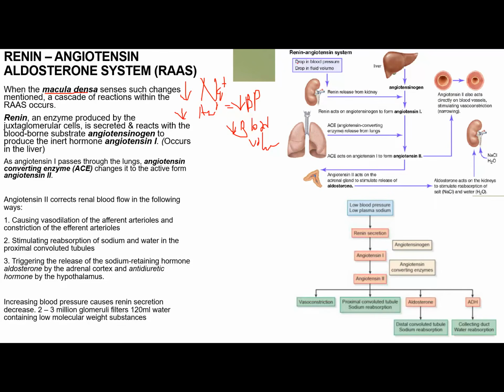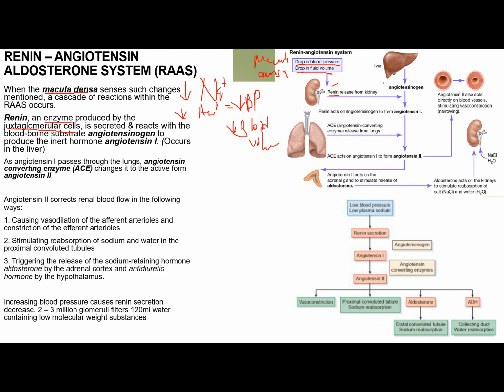So when your RAAS detects a drop in blood pressure and a drop in blood volume, this is detected by the macula densa in the kidney, class. It would now cause the release of renin. Renin, take note, is an enzyme produced by the juxtaglomerular cells. And when it is secreted by the kidney, it would now